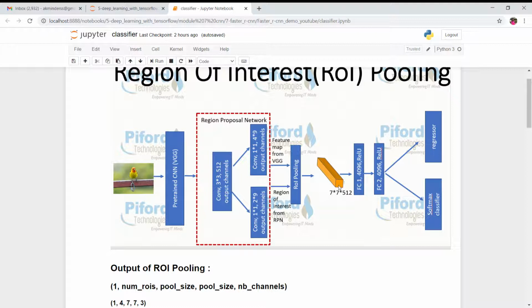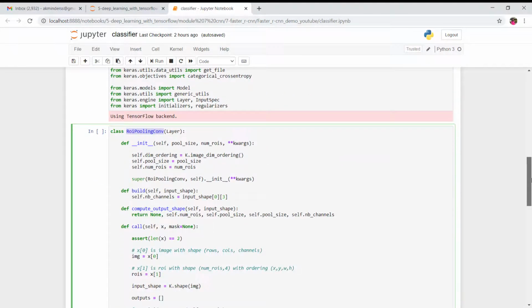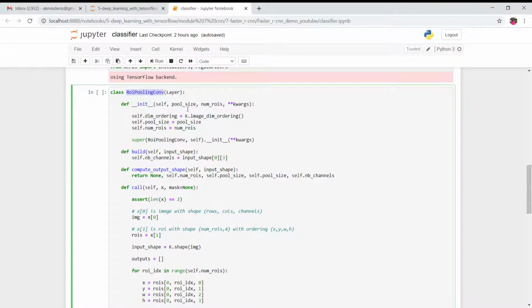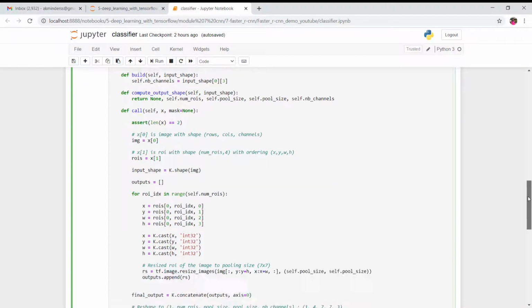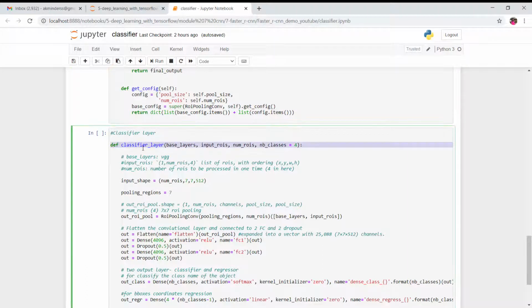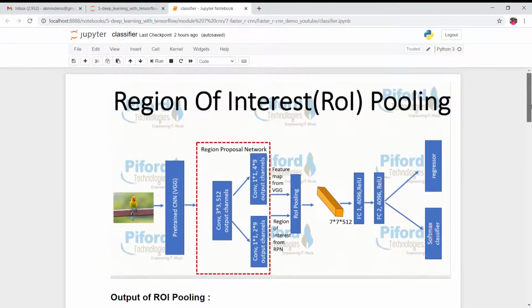The feature map of this size, right? So let's see. Guys, I'll come back to this code in a minute, this class ROI pooling conv class, but before that I want to discuss this function, classifier layer. What are we doing in this particular function? Basically this function contains the code for this layer, this layer, this and this.